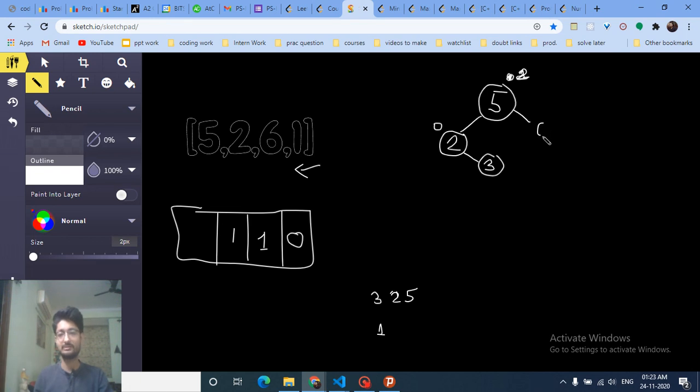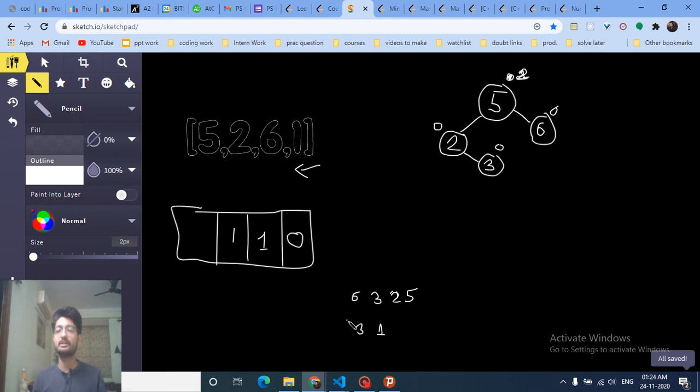So I will insert this value like this. The frequency is 0, so every node inserted has a frequency of 0. And what we're going to observe here is, for 6, we will tell how many elements are on the left side of this, which is 2, because as you can see 2 plus 1, which is 5 itself, so 3. So as you can see, 3 elements are there.